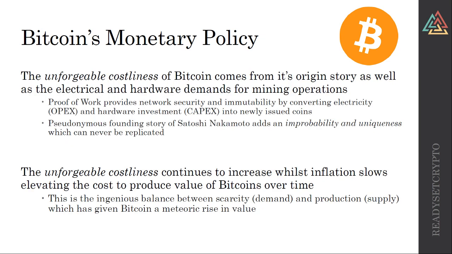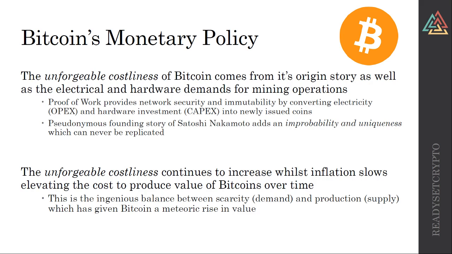So the unforgeable costliness of Bitcoin comes from its origin story: that anonymous founder that nobody knows who it is and remains so to this day. It's that improbability and uniqueness which can never be replicated, very much the same as a Banksy or a Van Gogh. And the proof of work provides the network security and immutability that converts electricity, which is your OPEX, and